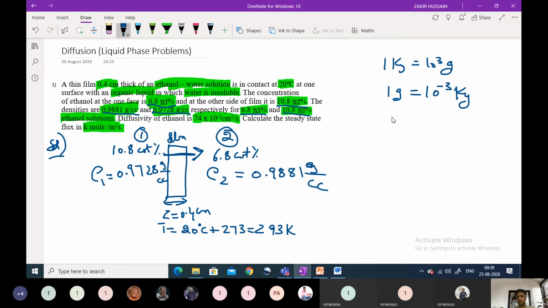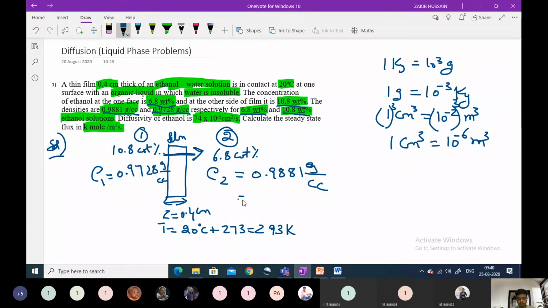So we are just interchanging that one. Then 1 centimeter is equal to 10 power minus 2 meters. So we have to convert this cc, centimeter cube, into meter cube, so we have to just cube on both sides. Centimeter cube, and we also cube this 10 power minus 2 and meter cube. Just cubing this, one cube is 1, and 1 centimeter cube is equal to 10 power minus 6 meter cube.